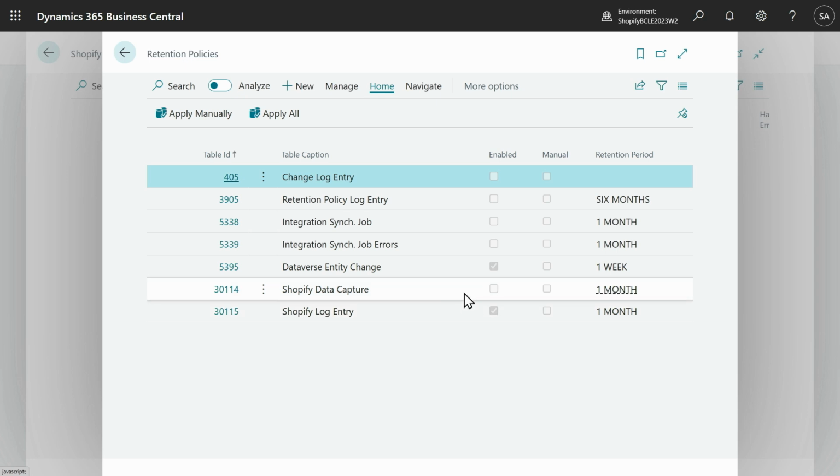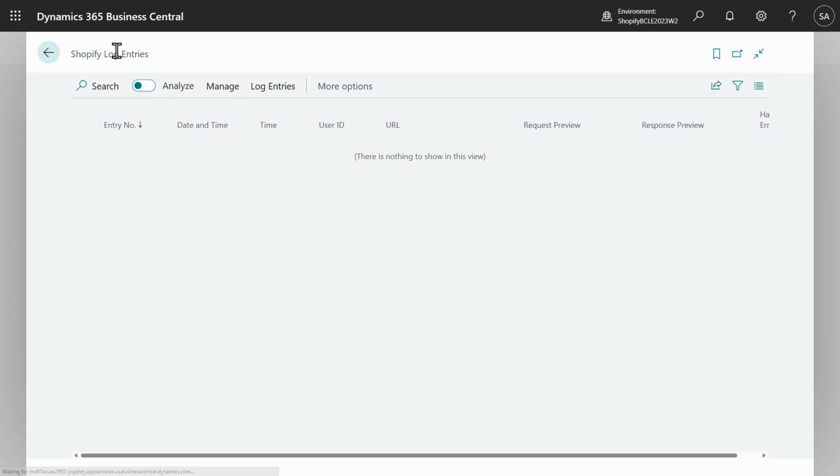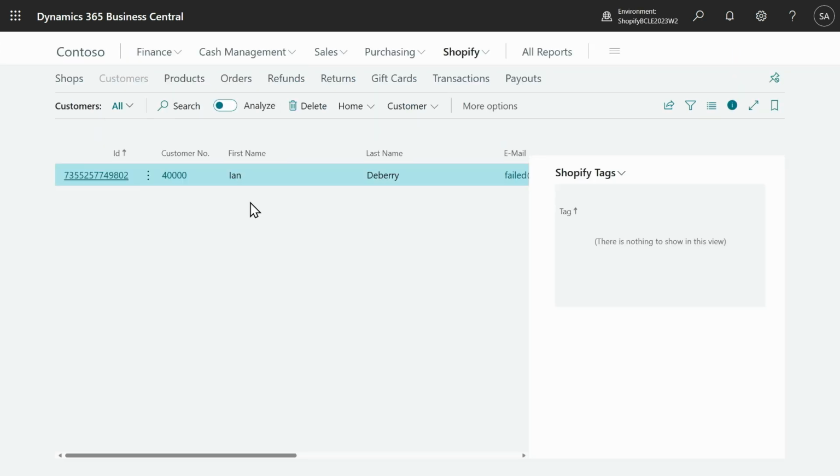Also, we have the same one, but disabled by default for Shopify data capture. We will talk about this feature a bit later. All right, the log is clean. But some people who have troubleshot for some time already know that customer synchronization already provided the user errors part. What about other areas? Yes, we modified queries. Now, in many cases, if not always, they also return the user error part if a user error happened.